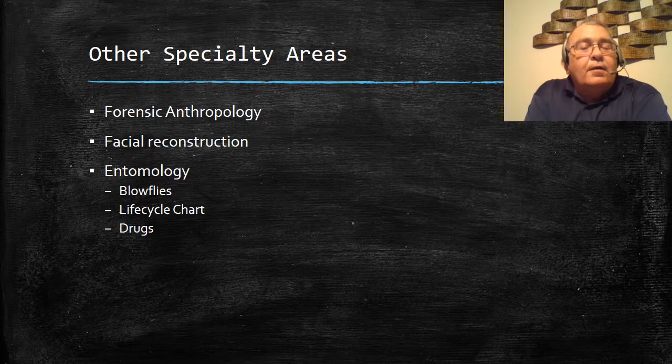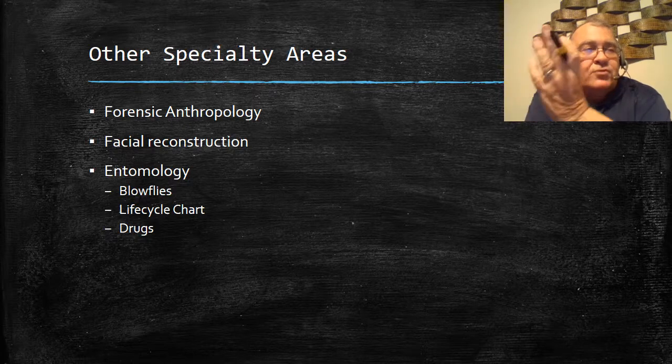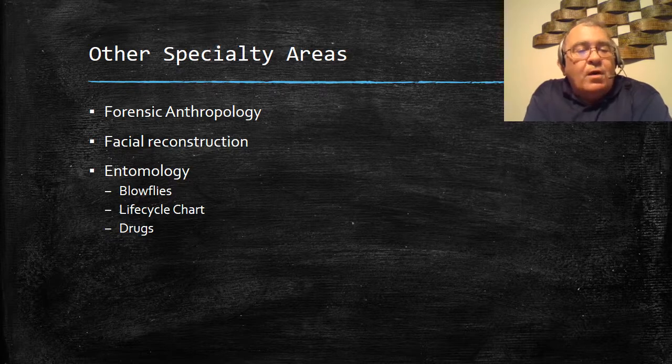Another area that is closely related or helps in determining time of death is the entomologist. Entomologists are usually not on the crime lab staff of most small or medium or even some large police agencies, such a specialty, but they can respond. Major labs usually have one or two available. They can respond, or you can send